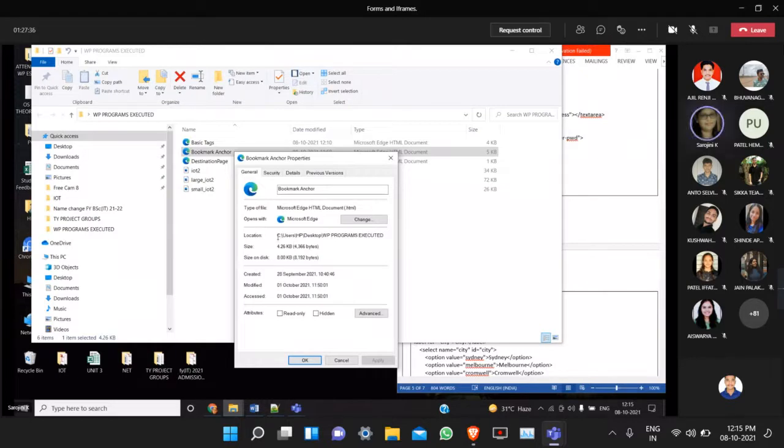So I have to write this path in the code. What is the name of the file? Bookmark anchor, B capital, A capital.